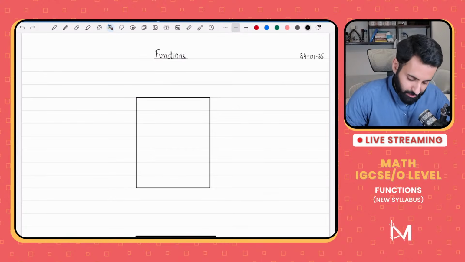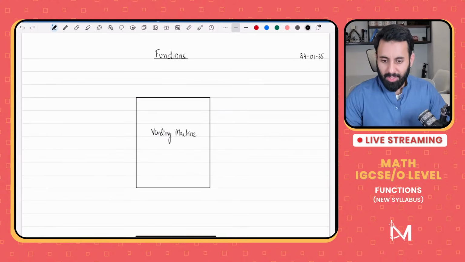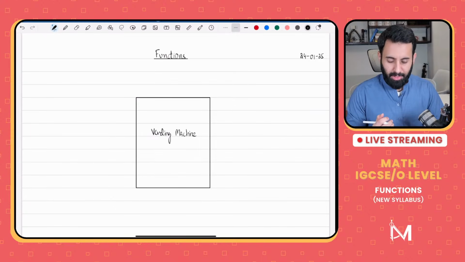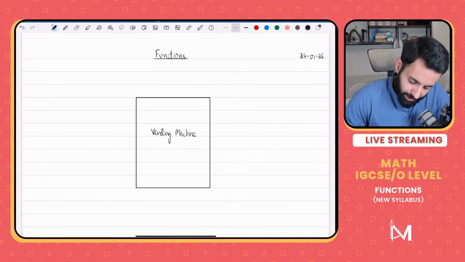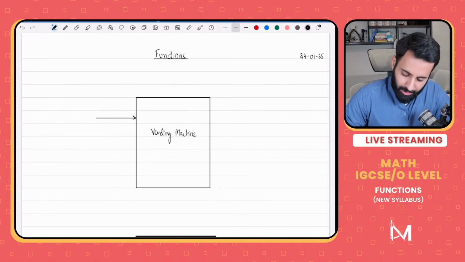Now, basically, to explain the idea of functions, I like to give the example of a vending machine. I'm sure we've all seen or used a vending machine. So the way a vending machine works is that you insert something and then you get something in return. All right. So there's an input,